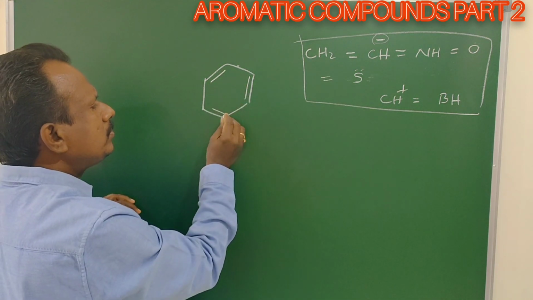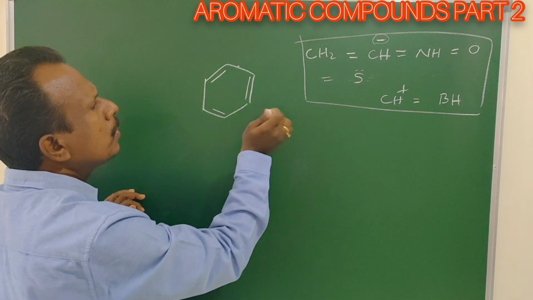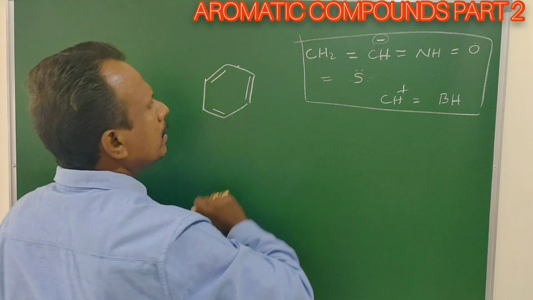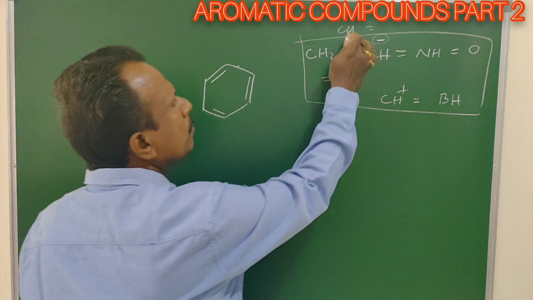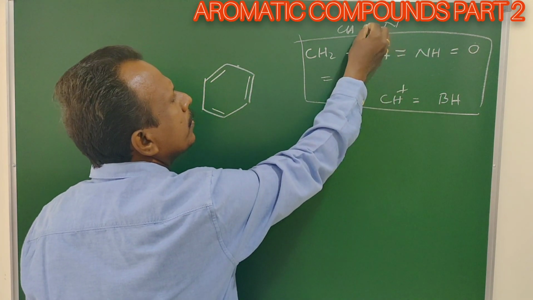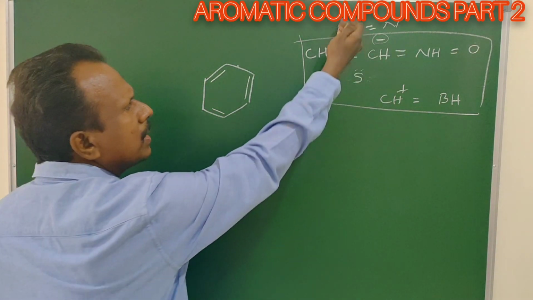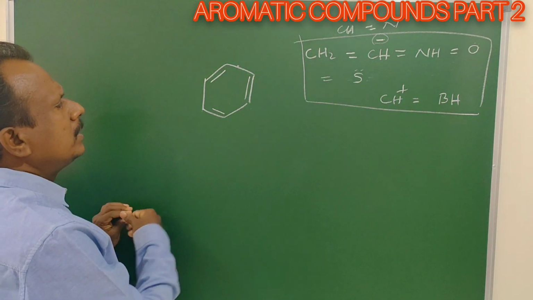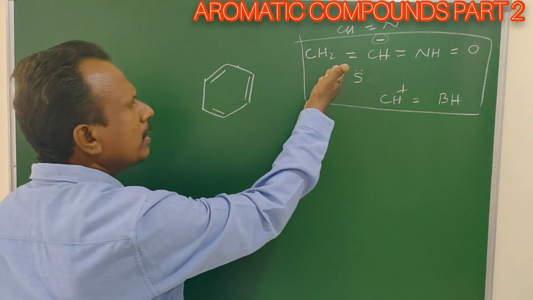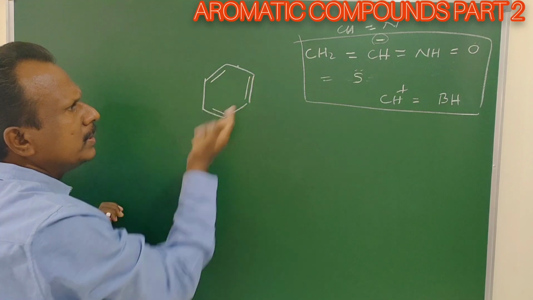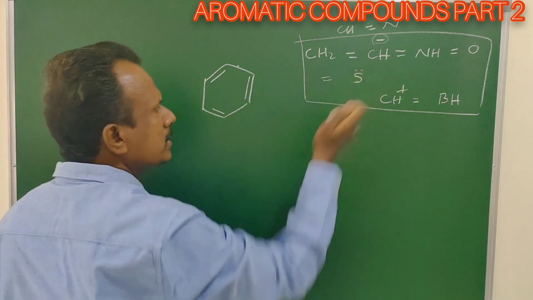Here, the CH group in benzene, each corner is a CH group. How many electrons does the CH group contain? The CH group contains 5 valence electrons, so it is replaced by N having 5 valence electrons. These are the simple tricks to derive the 6-membered aromatic, anti-aromatic or non-aromatic compounds. This is also applied to the 5-membered ring. In the previous video, we derived 5-membered aromatic, anti-aromatic and non-aromatic compounds using these tricks.